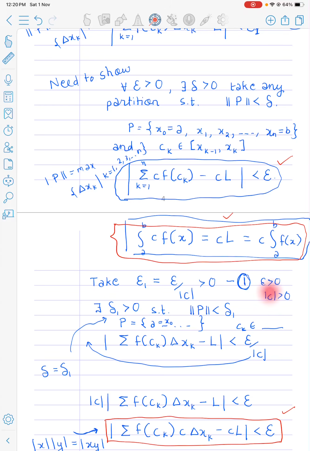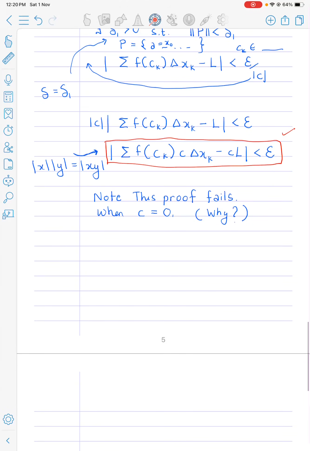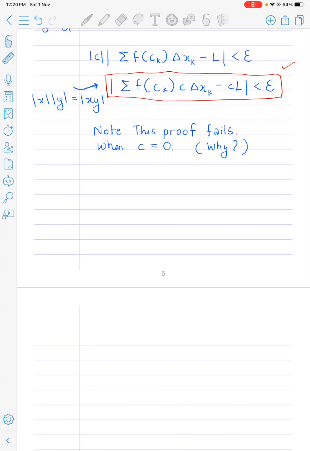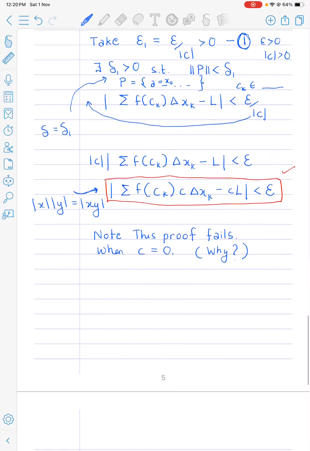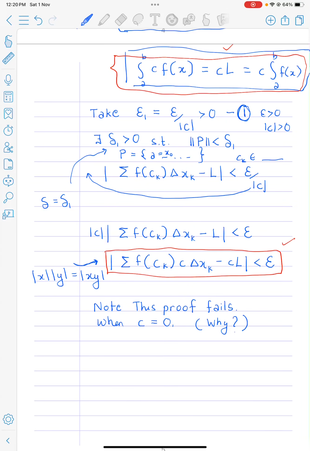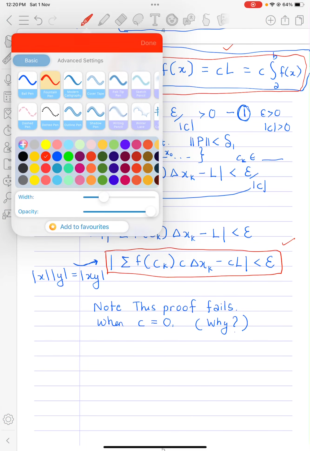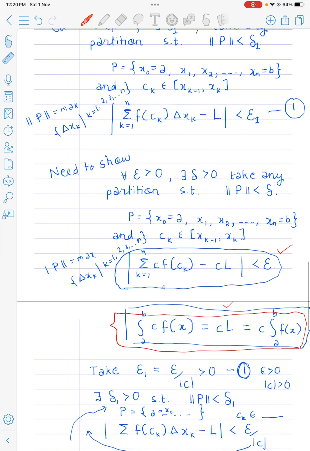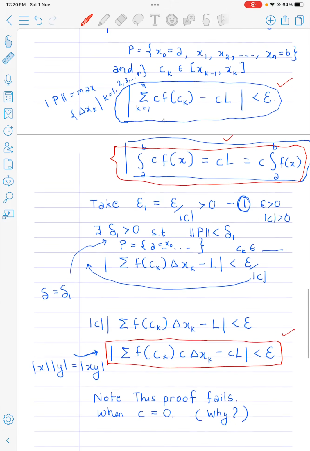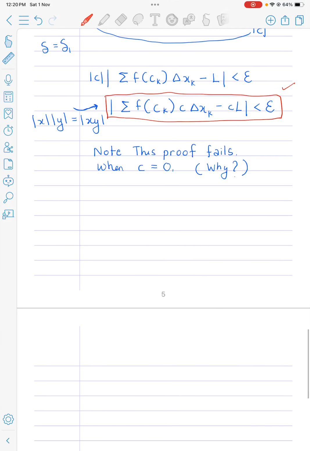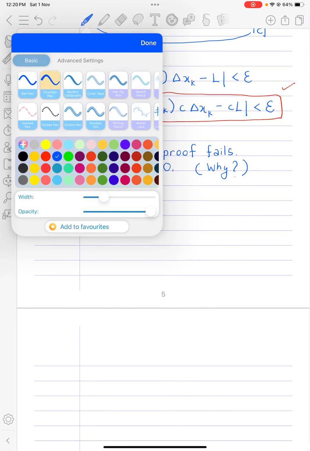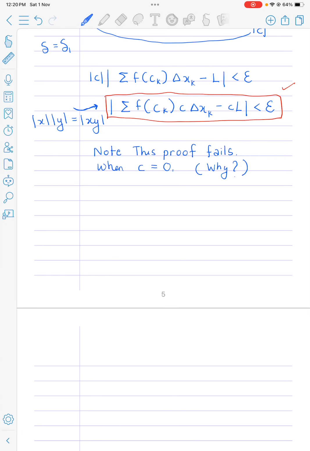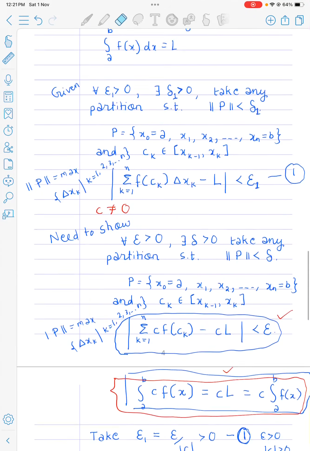So what do we do? This proof is fine, let me make a remark, for c not equal to 0. Then this proof is correct. So what do we do when c is equal to 0? We will do this. See, what we needed to prove